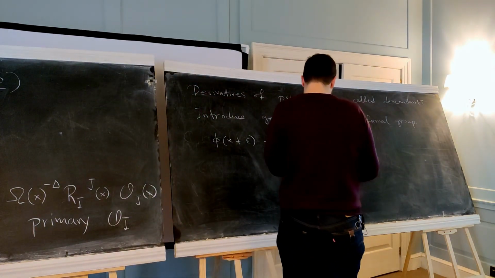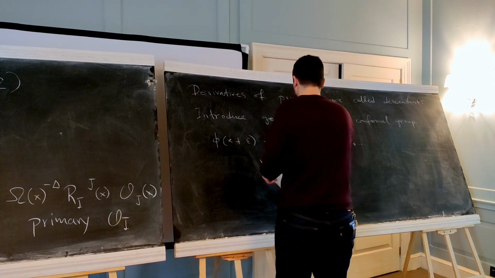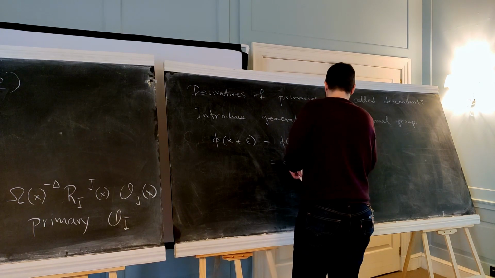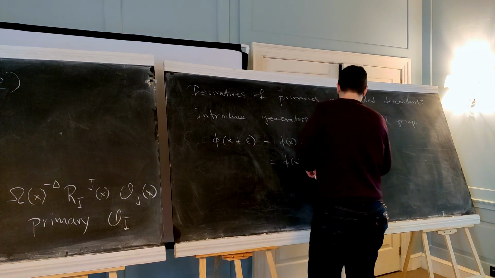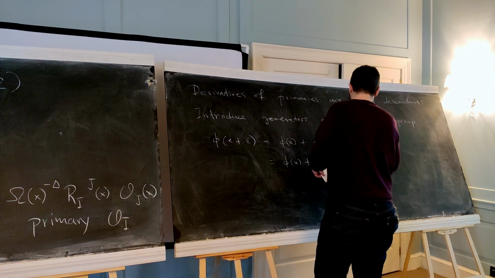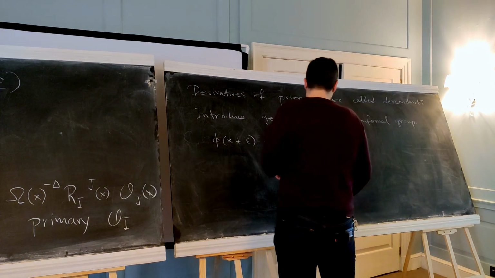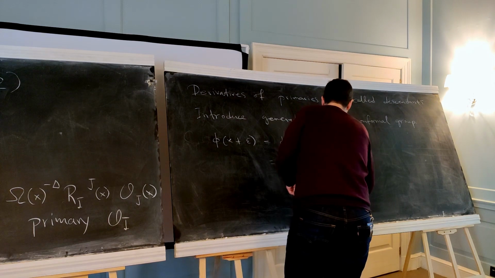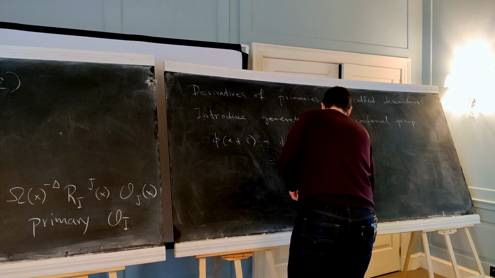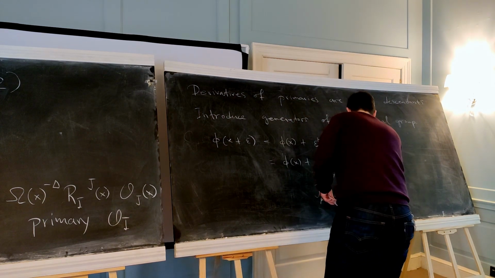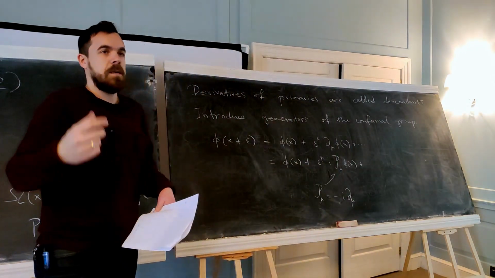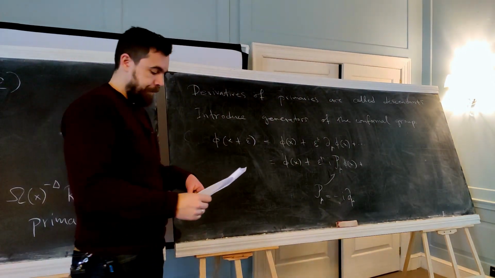And then you say, let me get the signs right. You say that you're going to call this phi of x plus epsilon, mu i p mu, phi of x. And this p mu over here is minus i d mu. So the generator of translations is this minus i d mu that you know. Okay?